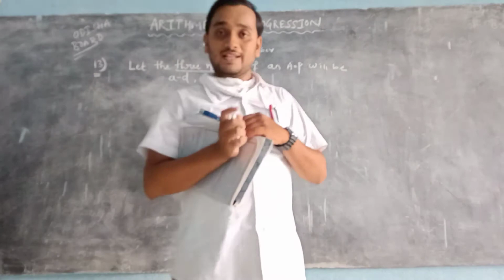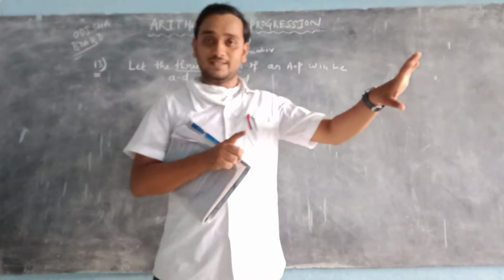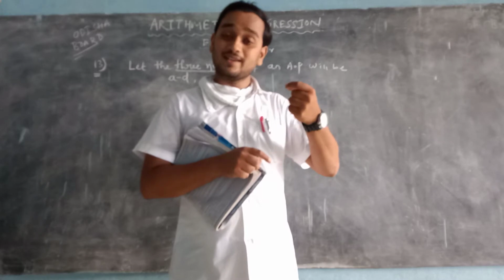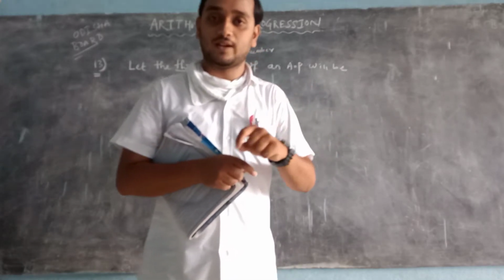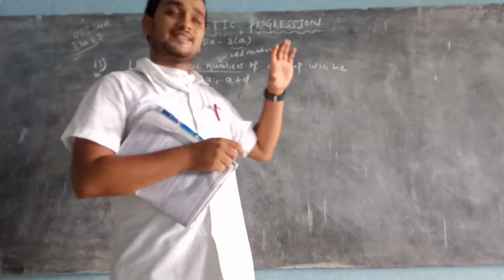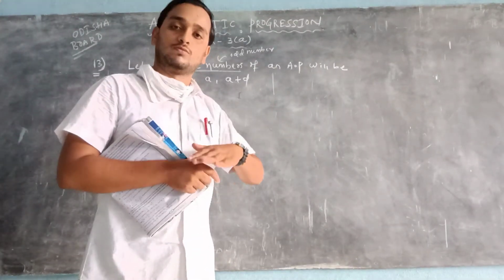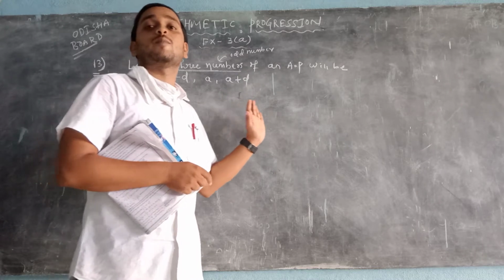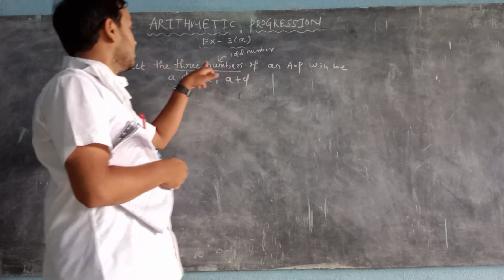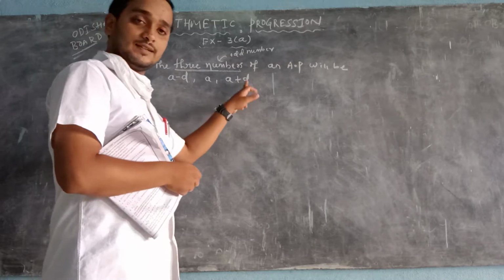Listen, if there are 2, 4, 6, 8, these are an even series. If an even series is given, then we will start from minus 1. If 6, we will start A minus 5D. If 4, we will start A minus 3D. But this is an odd number. Odd number means simply we will minus 2. If there is 5, we will take A minus 3D. If there is a series of 3, we will take A minus D, that means 3 minus 2. A minus 1D, A plus 1D, like this.